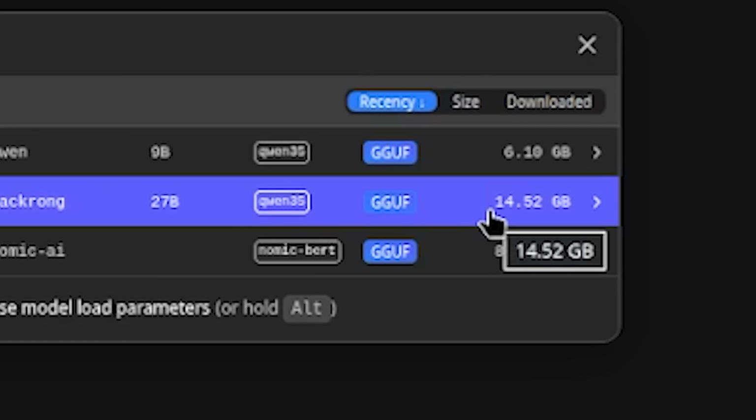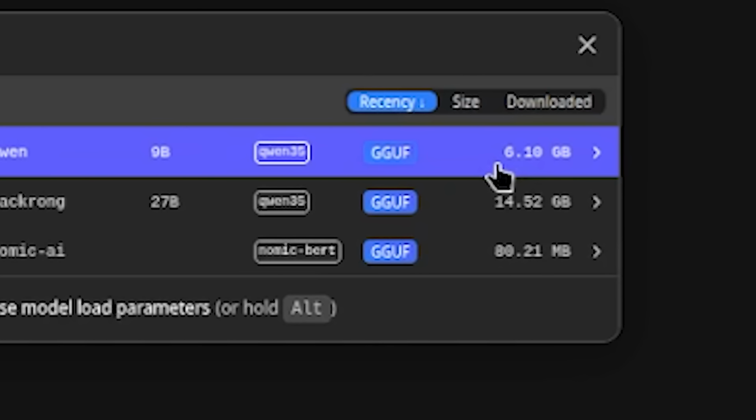You can see in the size, this model is substantially bigger, over twice the size of the 9 billion parameter one. When you're looking at AIs, billions of parameters are kind of like the brain size, in a very light term, of how these models are trained. It's how many parameters these models are able to call on, and basically how generally smart the model can become. 27 billion parameters might seem like a lot, but comparing it to the big AIs like ChatGPT and Claude, those are probably in the hundreds of billions of parameters.